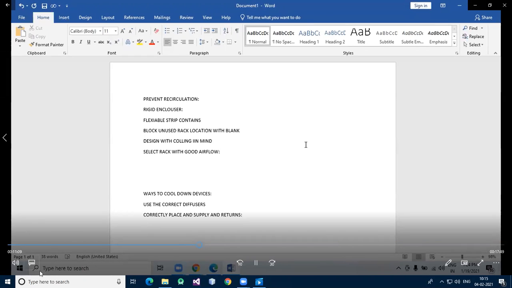Use properly sized returns, which need to be the right size to allow a lot of air to flow through. Obstructions such as piping, cabling, trays and electrical conduits need to be taken into consideration when plenum space is calculated. Provide enough supply: underfloor supply plenums must be big enough to allow enough air to service.